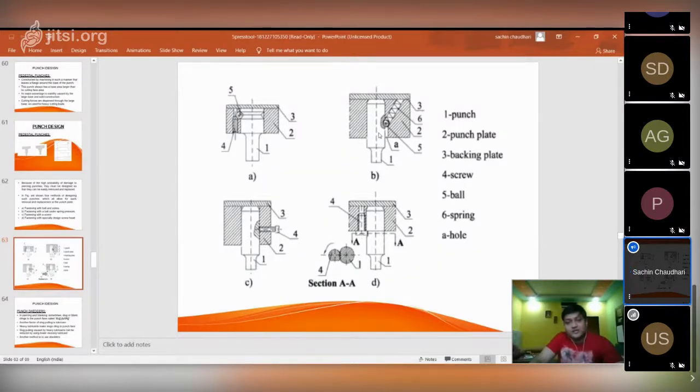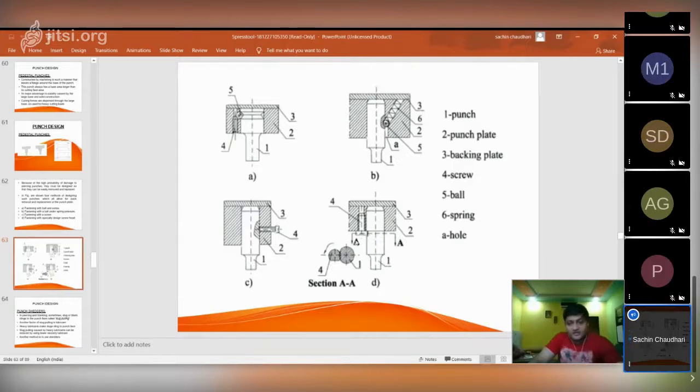Then the third one is fastening with screw only. A simple screw, number 4, is given and it is attached to this punch. And the last one, D, is with a specially designed screw head. This is a screw head which interacts with this punch at section AA, and section AA is shown here, this way.